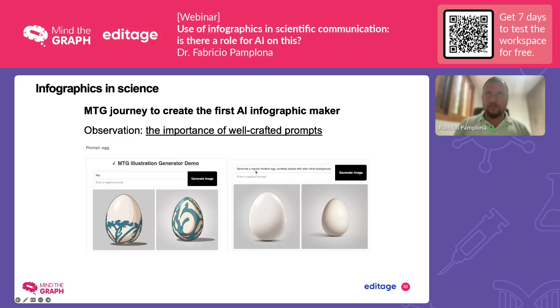What I intended was a regular chicken egg, centrally placed with plain white background. Just to make the prompt a little bit more complex, but yet simple. This is still like human language, but it does give me the result I want. So this is the egg I want, not this. Okay, so you clearly see the difference. You need to instruct the machine so that you can get a good result. And sometimes it's hard to abstract from your own reasoning